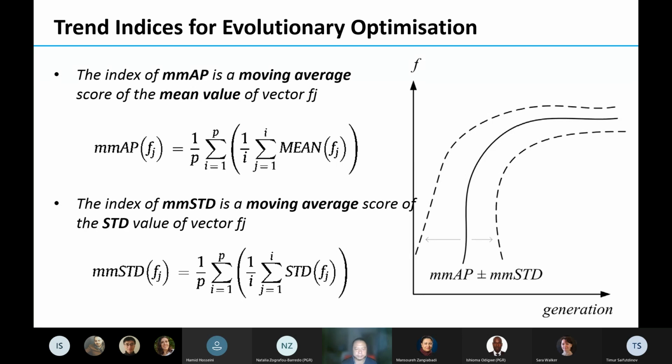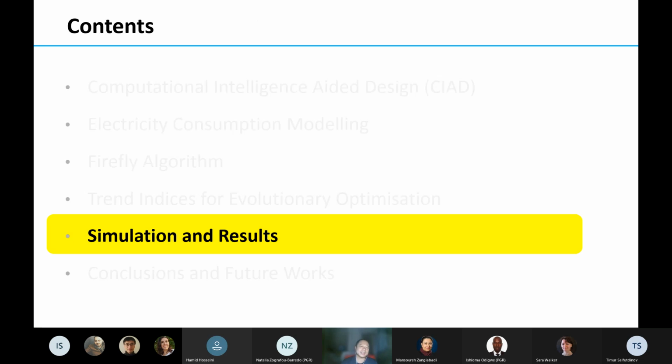It's a widely used statistics index. A moving average means we capture the evolutionary process; we capture the data during their optimization. So we can see the curve on the right-hand side looks like it moves smoothly.